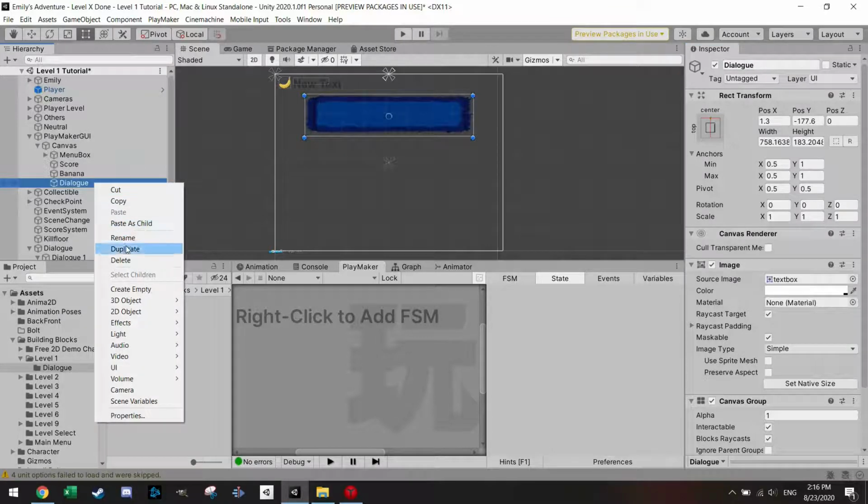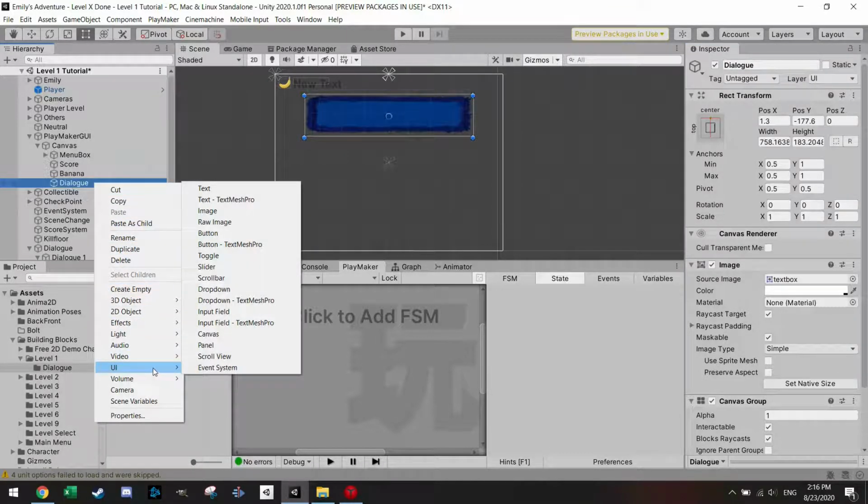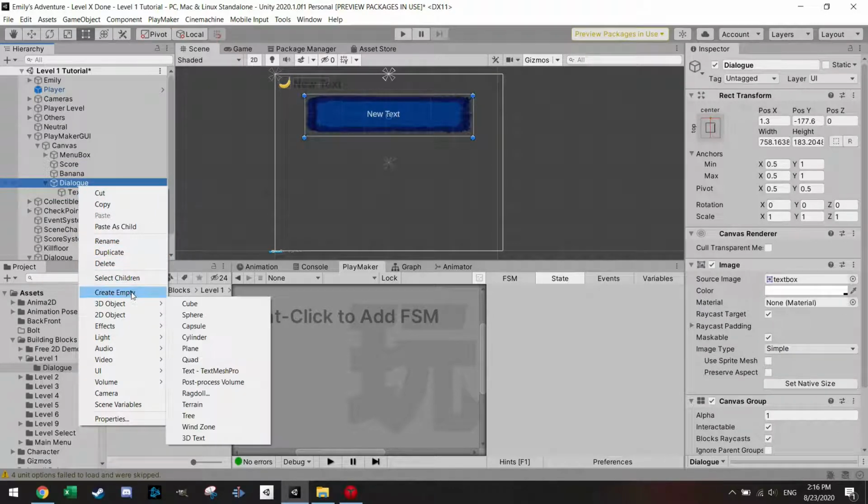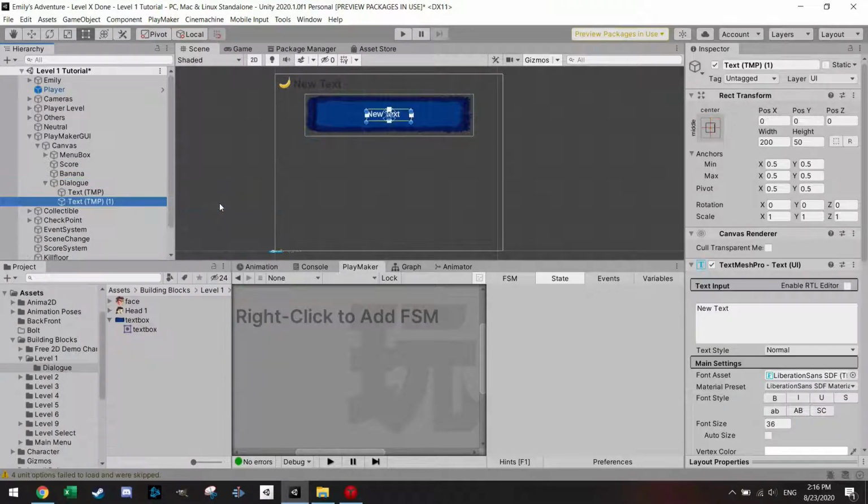And within the dialog, I want to add 2 texts, also again a UI, and I'm gonna use the Text Mesh Pro text. You can also just use a normal text. And I want to add 1 text and another one. There we go. This one will be the dialog text, and the other one will be press to continue text. And the one here, I'm just gonna drag it down there, and here I will just make it press E